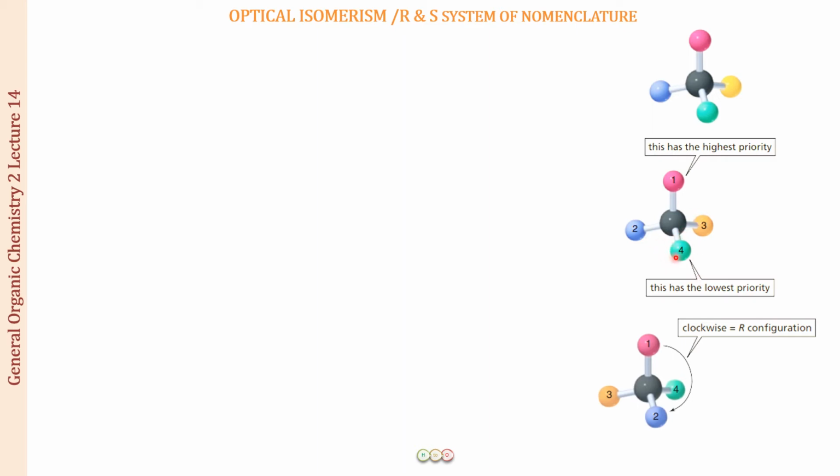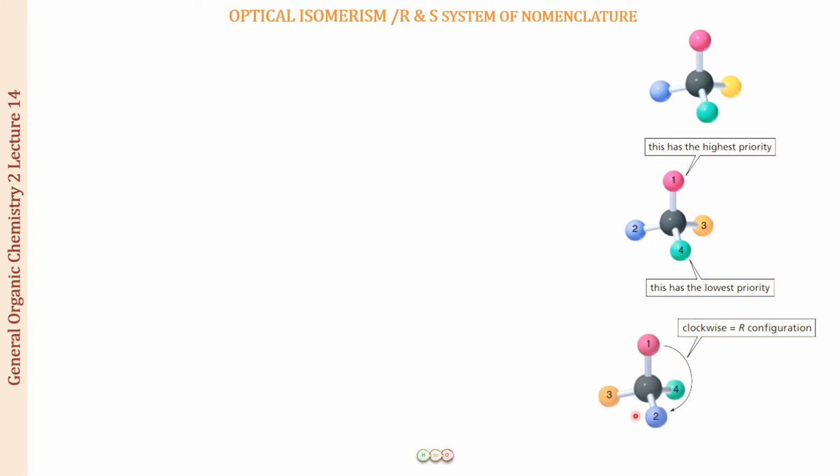What we want is for group number 4 to go backwards, away from us. So understand that we are holding on to the position number 1 atom, and we are going to rotate all these three groups, just like a merry-go-round. When you rotate it, number 3 will come into the position of 2, 2 will come into the position of 4, and 4 will go backwards.